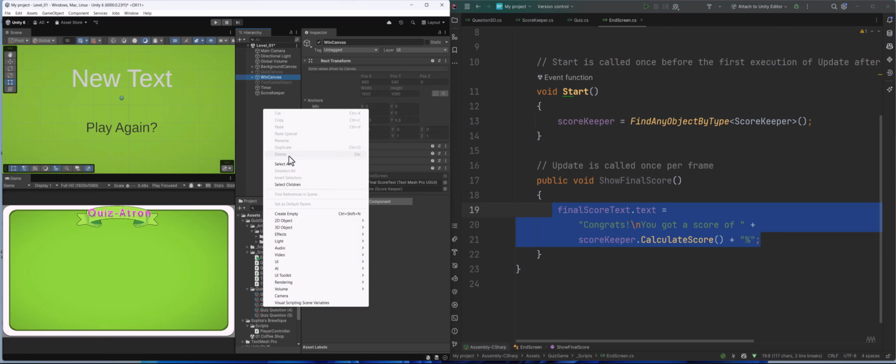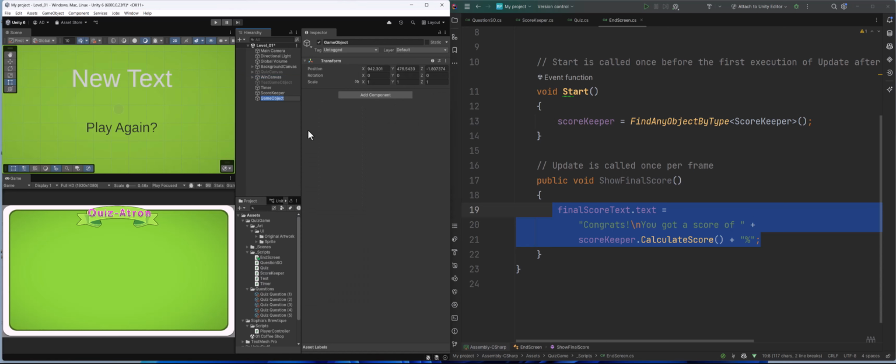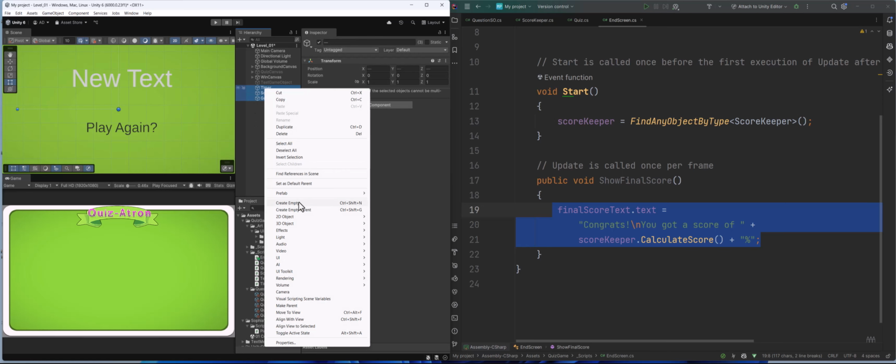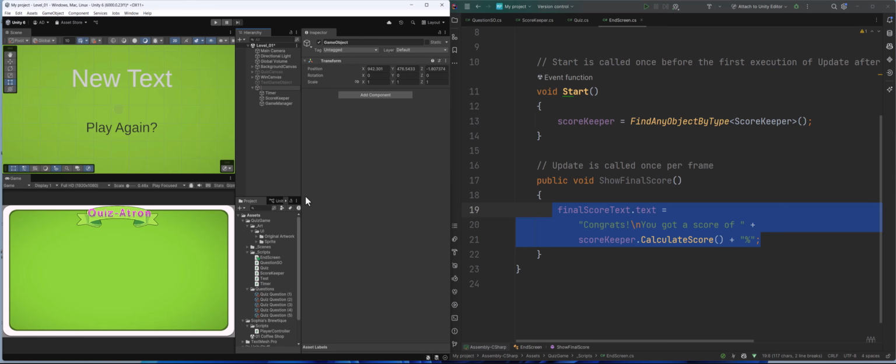So I'm going to right click in here, create an empty object, and call this GameManager. Now, generally what I'll do is I'll select any of these ones which are like a timer, a scorekeeper, and a game manager, and I can hold all three, right click, go to create empty parent, and I'll name this Managers. Even though the timer isn't really a manager,